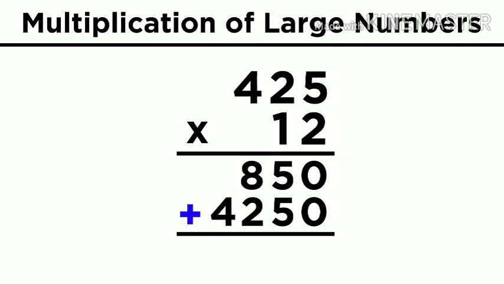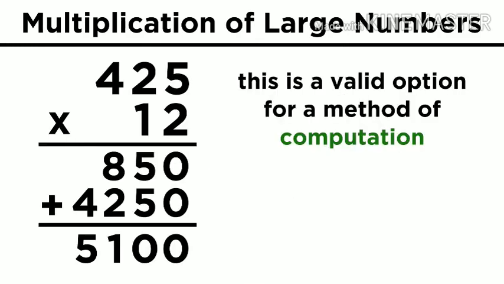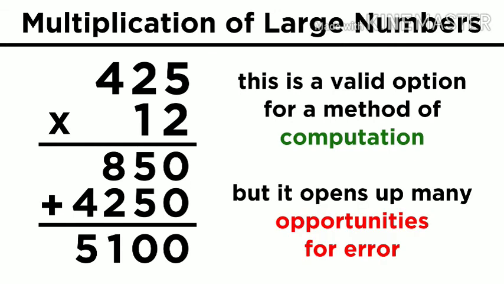Now we just add these together. A 0 here, 5 and 5 is 10, so put a 0 and carry the 1. 8 and 2 plus the 1 is 11, so put a 1 and carry the 1. And 4 plus 1 is 5. 5,100 is our answer. If you like using pen and paper and are very diligent, there is no problem with this approach. But it opens up a lot of opportunities for error, so you may prefer the simpler approach using